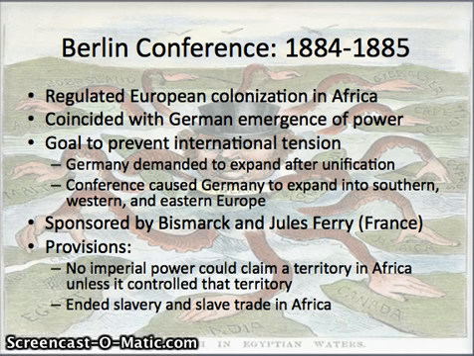So one of the really significant events that starts to influence how Africa is going to be carved up between different European countries is called the Berlin Conference. It takes place from 1884 to 1885. And it takes place in Berlin partly because, notice the date, all right? Germany had unified in the previous decade. So now Germany is starting to emerge as a major power in Europe. And they want to have their influence over Africa as well. They want to kind of play a role in this imperialistic game.